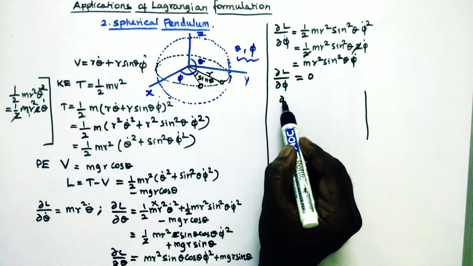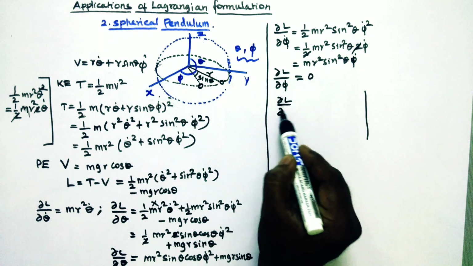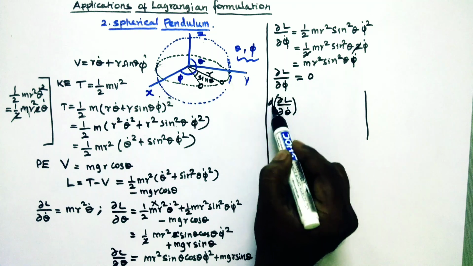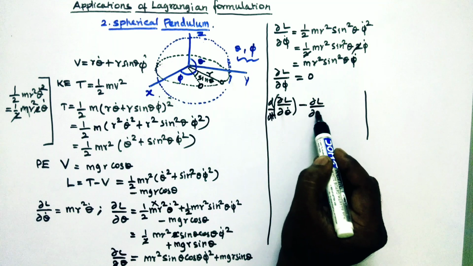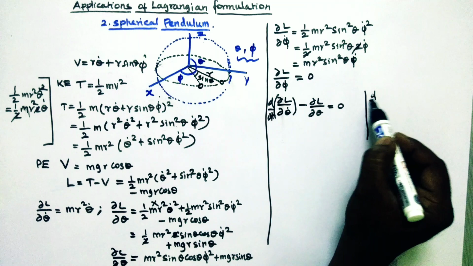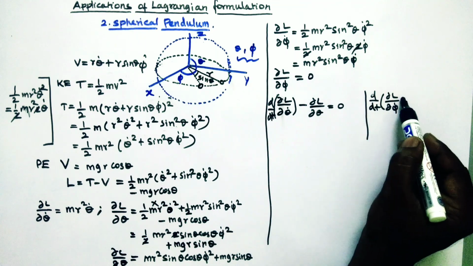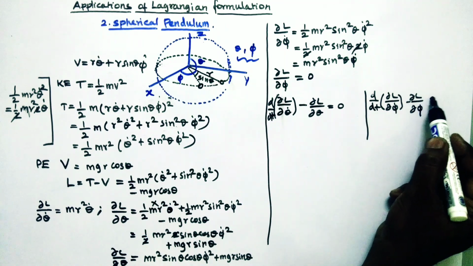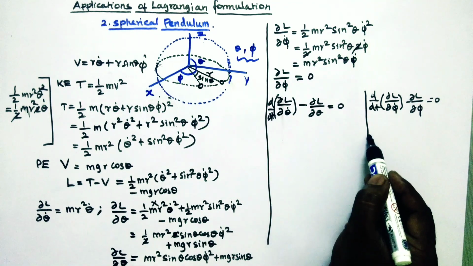First we put d/dt of ∂L/∂θ̇ minus ∂L/∂θ equal to 0, and similarly d/dt of ∂L/∂φ̇ minus ∂L/∂φ is equal to 0. Now we put the equation